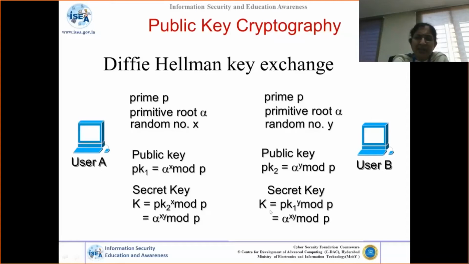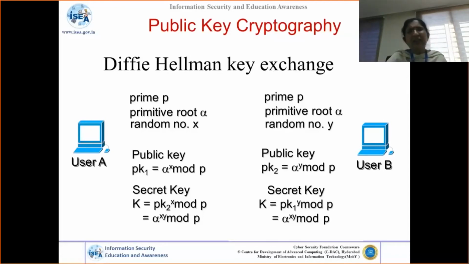That is basically based on the discrete logarithm problem. If I have PK1 and P, it is not possible to get the Y value. PK1, alpha as well as P are known, but from all these, X cannot be known. What happens over the channel is I am sending PK1, which is alpha power X mod P. I know PK1, alpha and P. Only X is not known. Getting X out of this is based on the discrete logarithm problem, which is the challenging thing in the case of the Diffie-Hellman method.